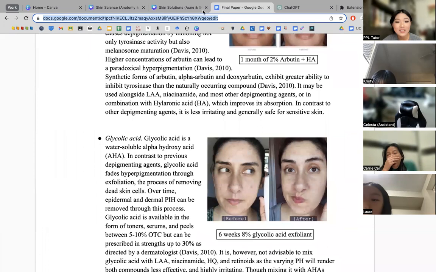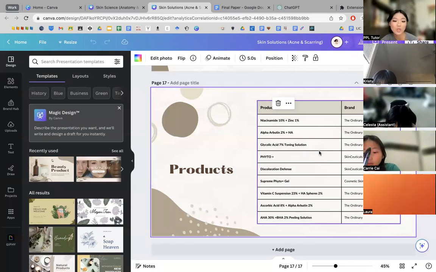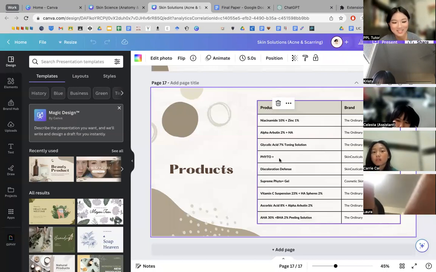The Ordinary glycolic toning solution is actually also great for your scalp, because believe it or not, your scalp is also part of your skin. That's the reason why if anything goes wrong with your hair, you also go to a dermatologist. But it's also important that you continually exfoliate your scalp, because that helps with the health of your hair, as well as generating more hair. So definitely, I exfoliate my scalp once a month with this glycolic acid 7% toning solution. And I haven't really seen any difference, because I've only been doing it for like 3 months, but we'll see. I'll tell you guys if I see any difference.